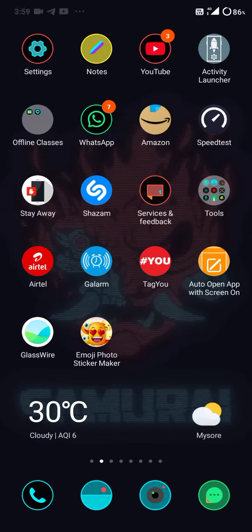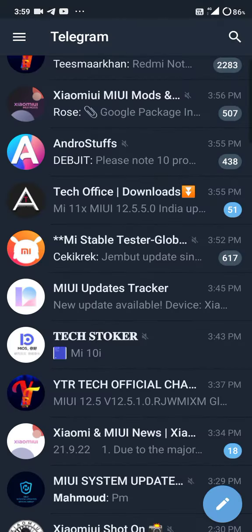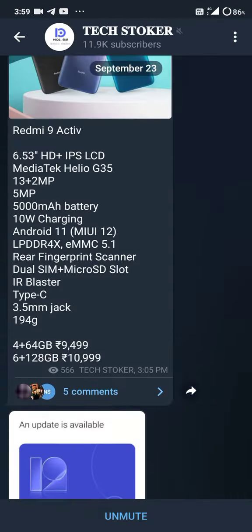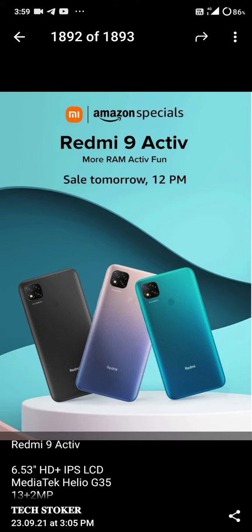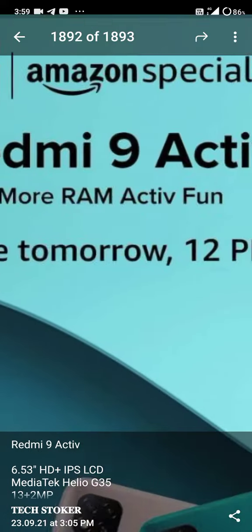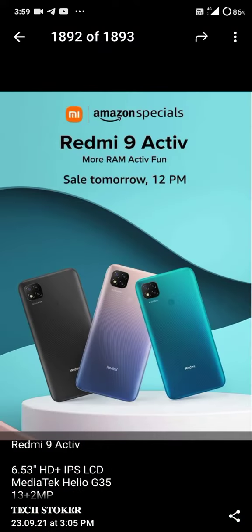So guys, finally a new device is launching in the Redmi 9 series, which is called the Redmi 9 Active. As you can see here, Redmi 9 Active. So it is launching in India, guys. Yes, my friends, it is launching in every country. It is coming on Amazon also. Sale will start at